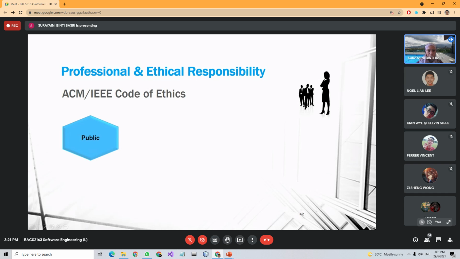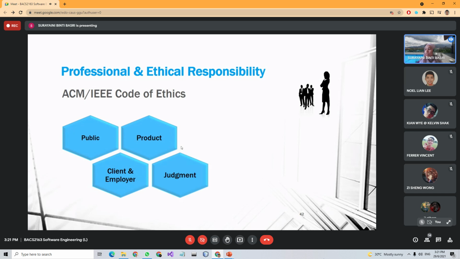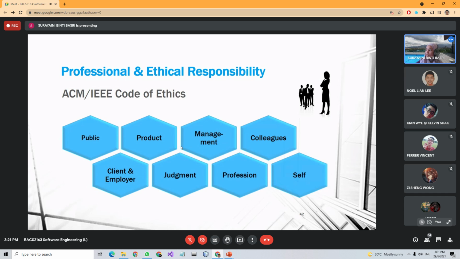So based on IEEE, there is one published article that talks about the code of ethics of an engineer towards the public, towards client and employer, towards product, towards judgment, towards management, towards profession, towards colleagues, and towards self. Okay, so the example of